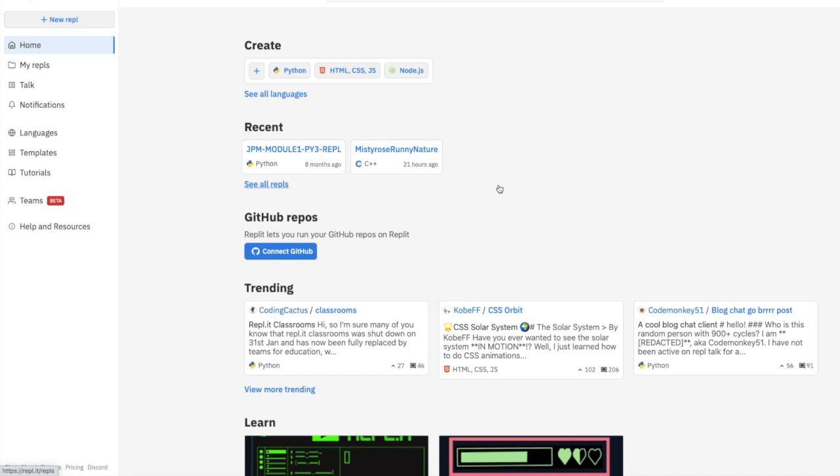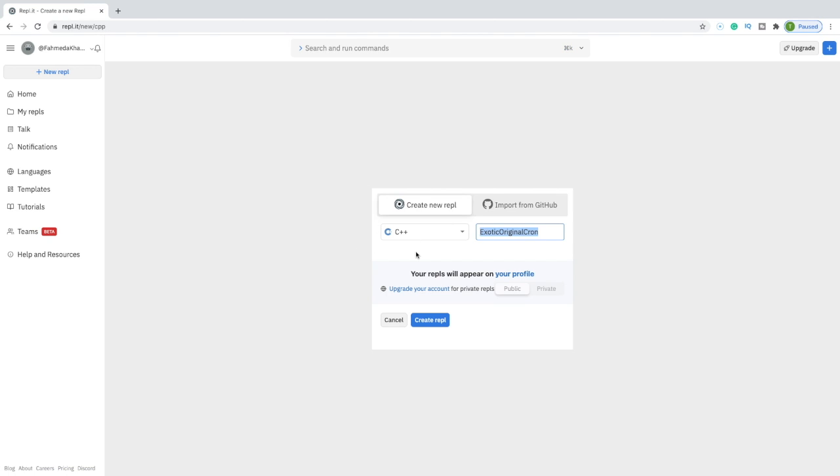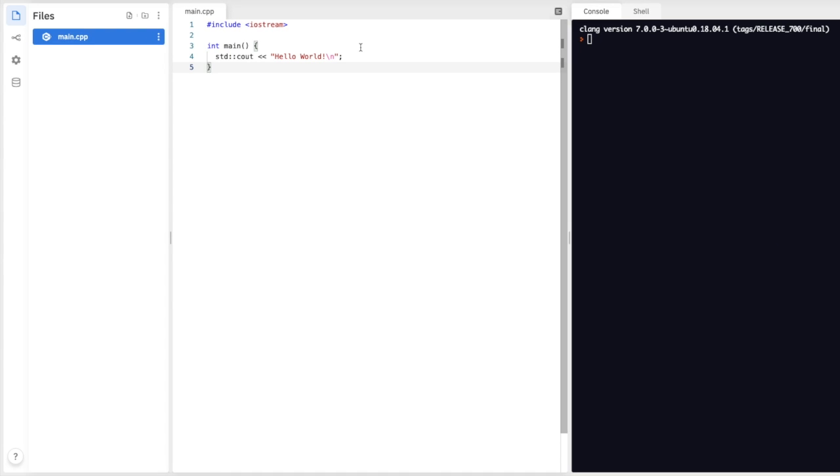After you log in, you will come to this page. Then you can click languages, and you will see many popular programming languages are available, and you can code in there for free. You don't need to download any software to run the code. You have Python, C, Java, C++. Let's click C++ and then create Replit. You can change the name here, then create Replit, and the file will load here. See, simple. Run the code. Hello world. You can type anything more and do your typing here.